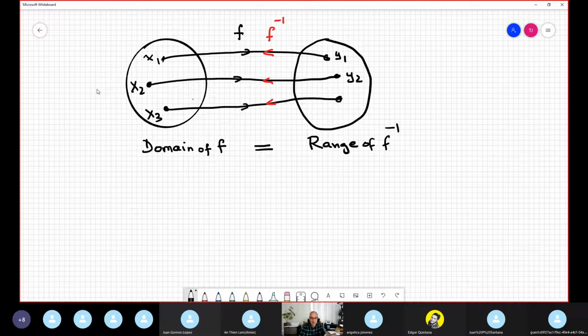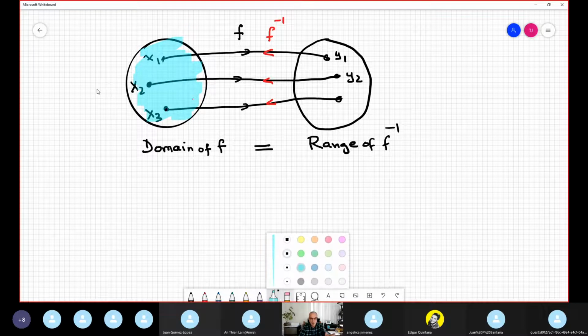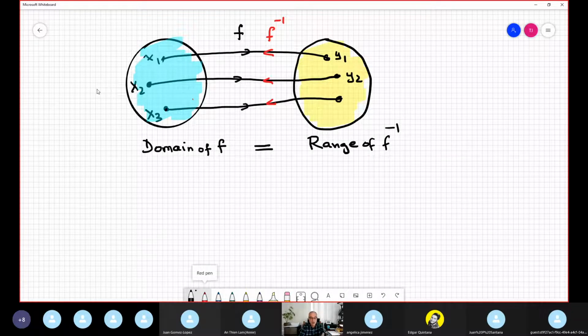Because in this direction, when the arrow is black color, this set is domain. A domain is the set that I highlight in blue color, and range is the set that I highlight in yellow color. This is the situation. So when you interchange, domain of f would be the range of the inverse